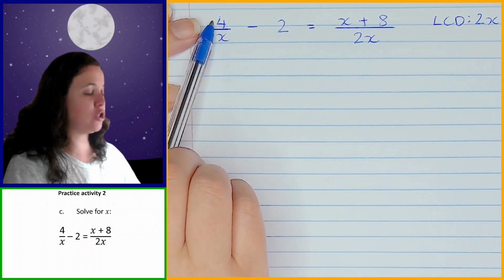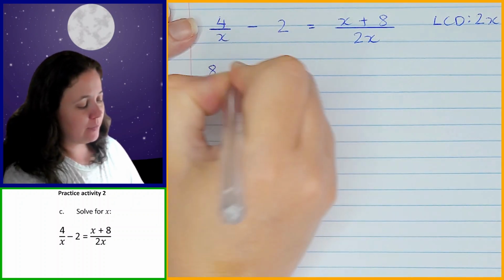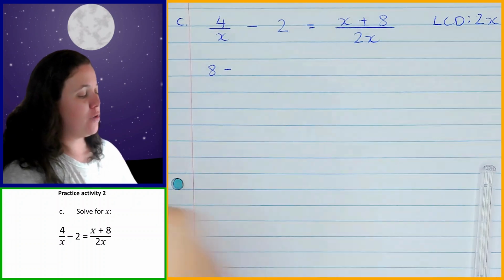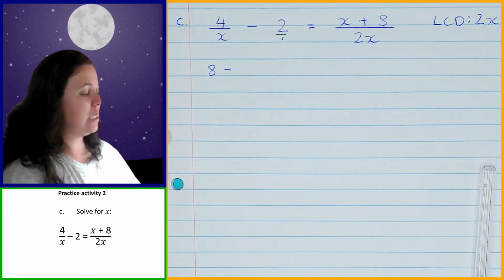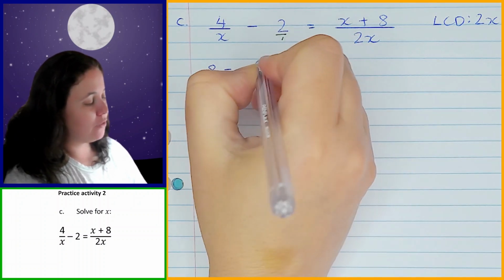So I'm going to times the top by 2, and that gives me 8. Minus, this 2 over here is over 1. So I need to times it by the whole LCD, which is 2x. So 2 times 2x is 4x